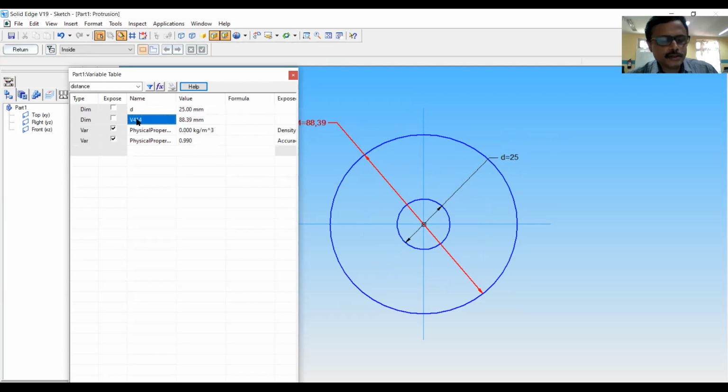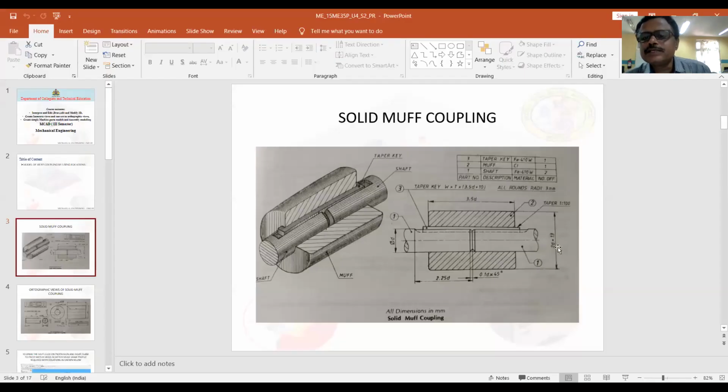Next diameter is HD. We can call it as hub diameter. I will write the variable name as HD, and for this I will be entering the formula. What is the formula? That is 2D plus 13 is here, that I will enter.